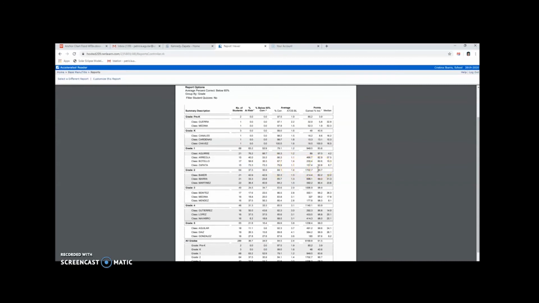What can we do to bring up these points, or just to get them to read for enjoyment? I'll collaborate with first grade and see what Miss Boteo and Miss Ariola are doing that can maybe bleed over to Mr. Zapata and Miss Aguirre. Another thing about Miss Aguirre, I know that she has a lot of Spanish dominant students, recent immigrants, so I'll definitely look into providing more books for her, possibly reading as a group for her and having them test together, reading the questions to them, translating to them,